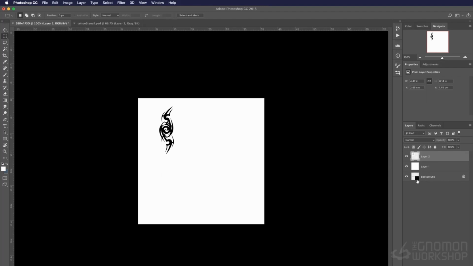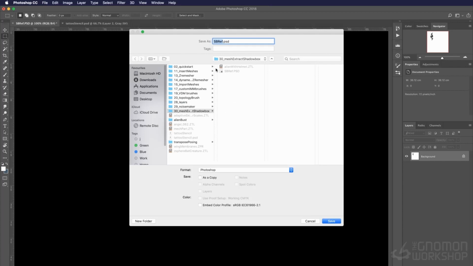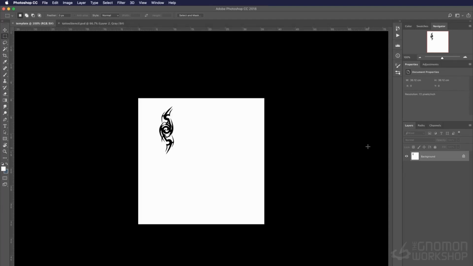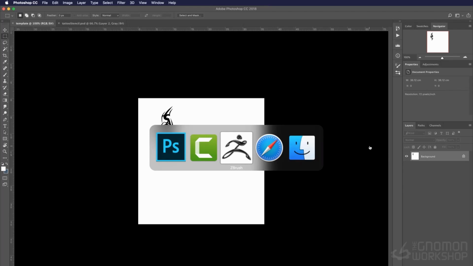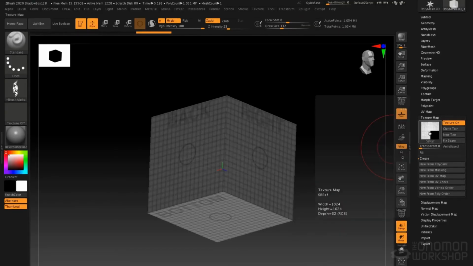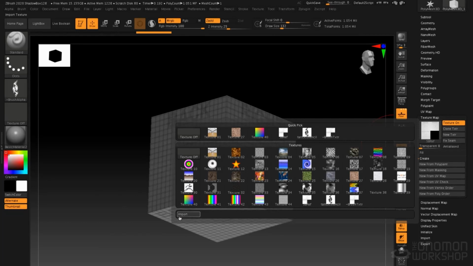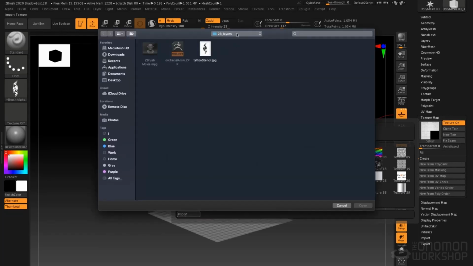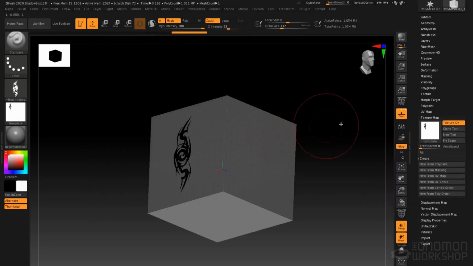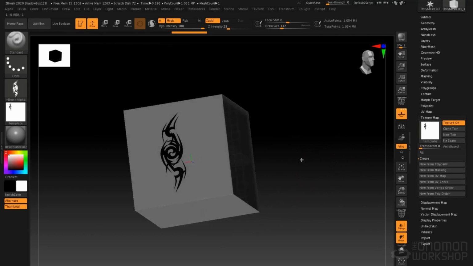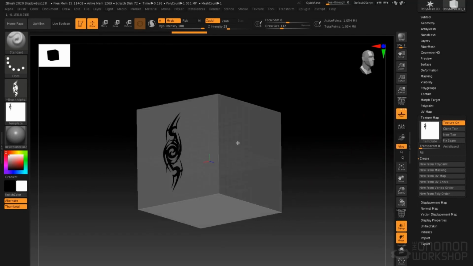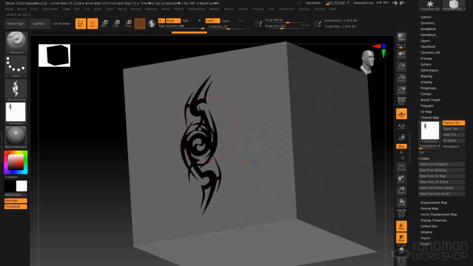Now I'm going to turn the white background back on, and I'm just going to merge these layers together. Now I'm going to save this as template. Now we'll return to ZBrush. I'll go to the Texture Map under the Tool menu, and I'll click Import. From Import, I'm going to go back to my project files here and grab that template image that we just saved out. And you see that loads onto the object with that image of the tattoo pattern on the corresponding